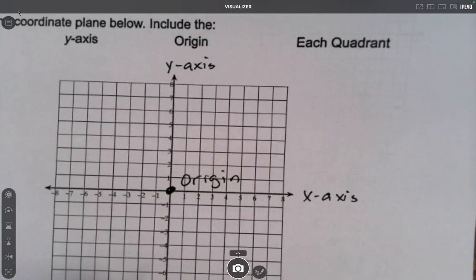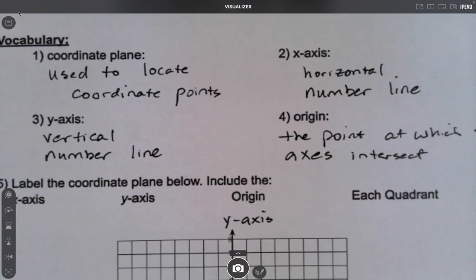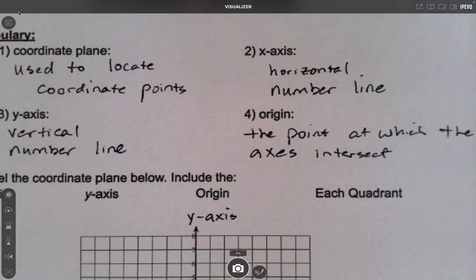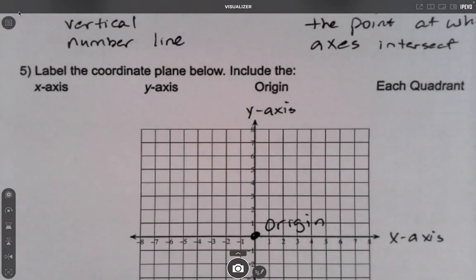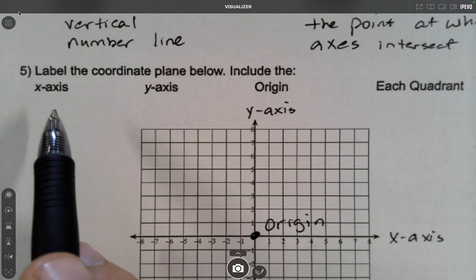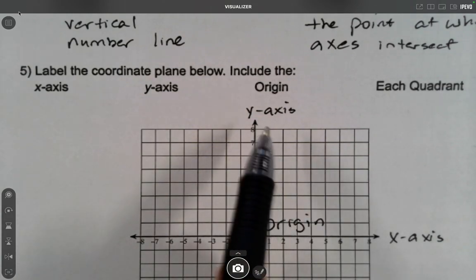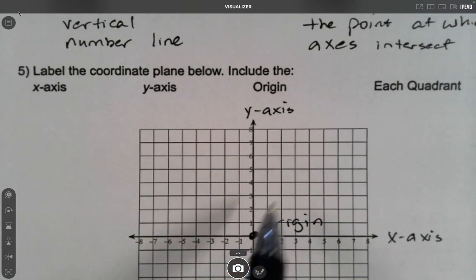So you may or may not have known I was actually working ahead by labeling those, so if you need to pause and write those down, feel free. But the next step is to label the coordinate plane below. And we've done 3 of these already. We've labeled the x-axis, the y-axis, there and there, and the origin, the point where they meet. Now they want us to